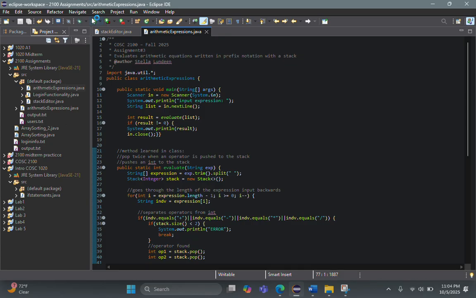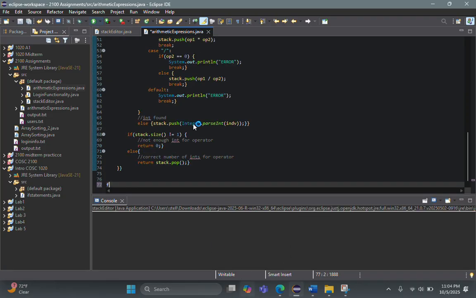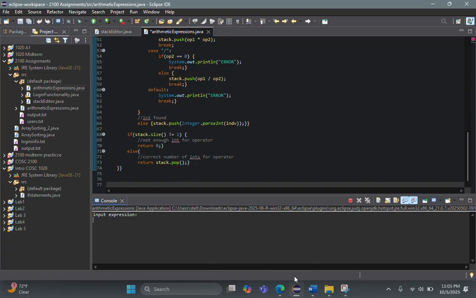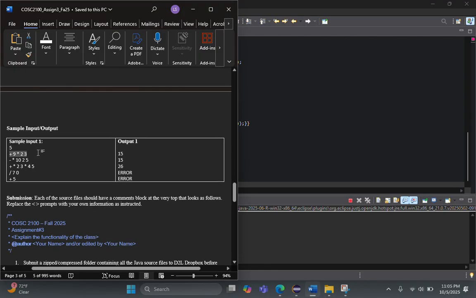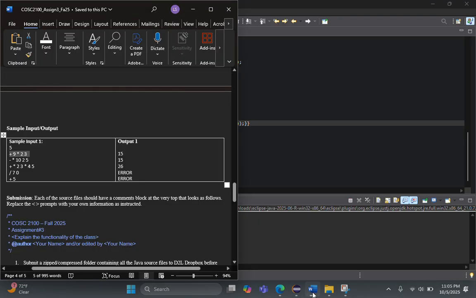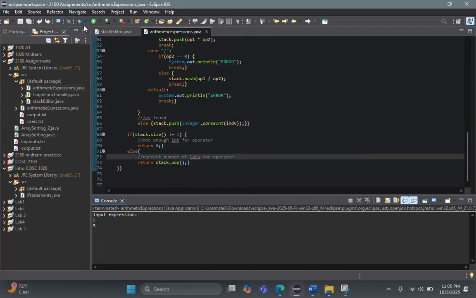Okay, to run through some cases, I did accidentally print a letter. Hold on. Okay, we're good. I'm just going to copy and paste. 15. A single number. For a single number, nothing happens, so it just says the same number. For an error, where this one divides by 0, which is not possible, error. And yeah,